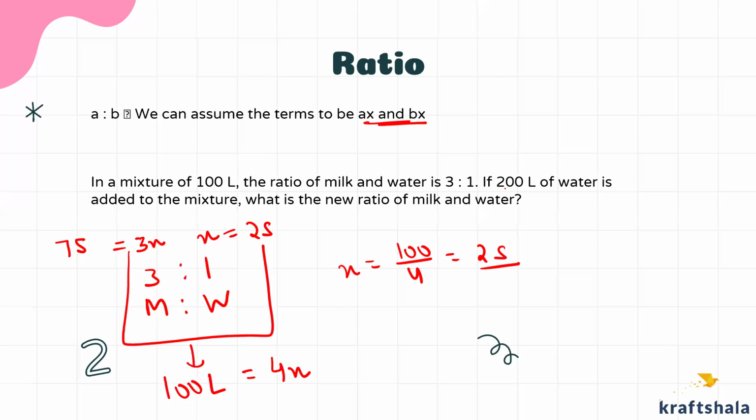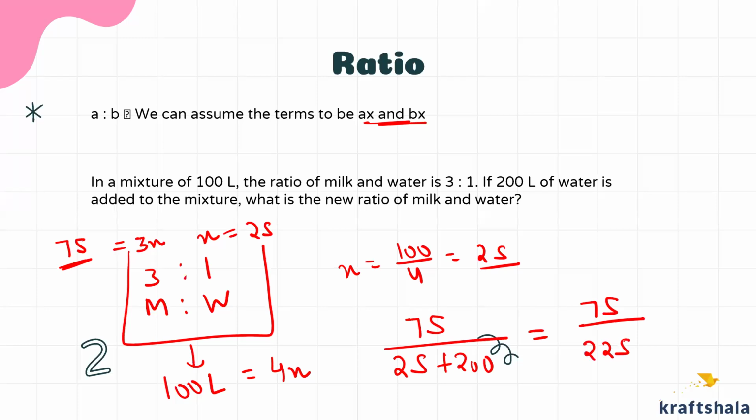Okay. Now what is happening? 200 liter of water is added. That means milk is untouched. Milk 75 tha 75 ही है. Now 200 liter of water is added. Water was 25, 200 liter more is added. So now this ratio turns to 75 as it is, 200 plus 25, 225. ठीक है, I can simply cancel it out. 25 से कर दो या directly 75. So the final ratio of milk and water is 1:3.